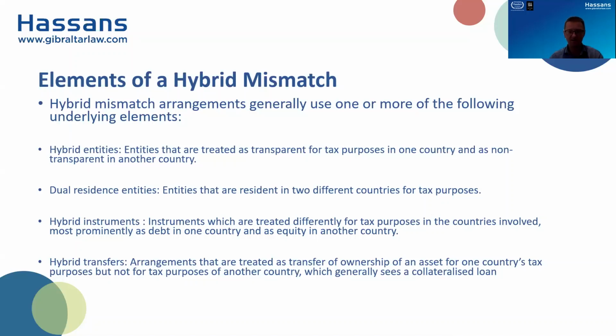Secondly, we have dual residence entities, which are residents in two different countries for tax purposes, or they have a permanent establishment in one jurisdiction and they're residents in another jurisdiction. You can get a hybrid mismatch between the treatment of a permanent establishment and a parent of the permanent establishment. Or thirdly, we could have a hybrid instrument, which is an instrument which is treated completely differently for tax purposes